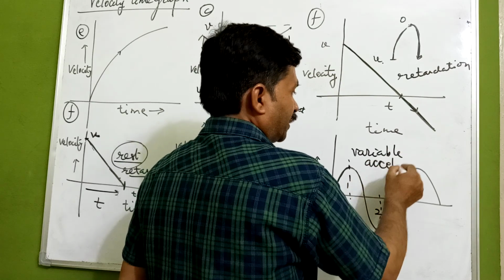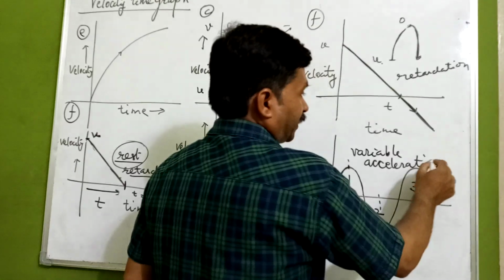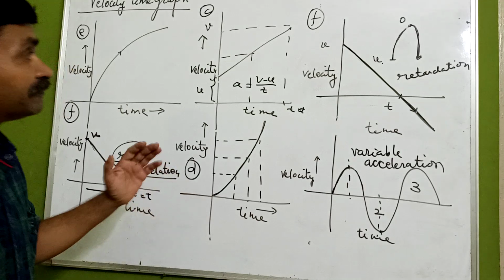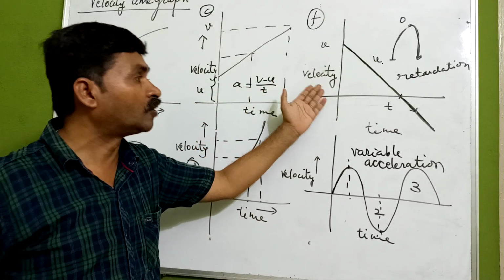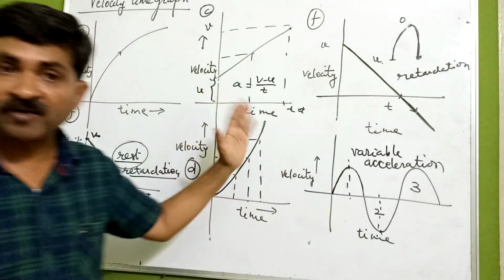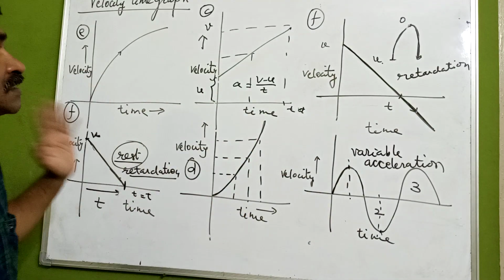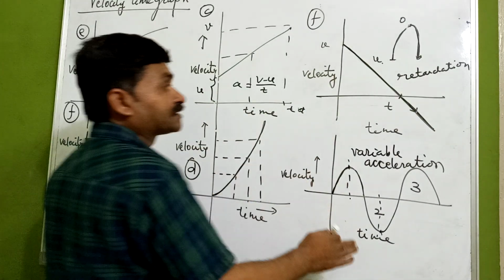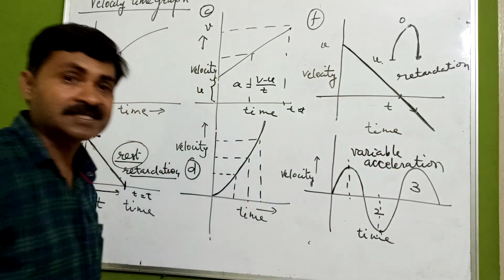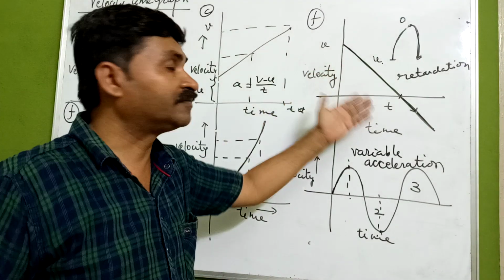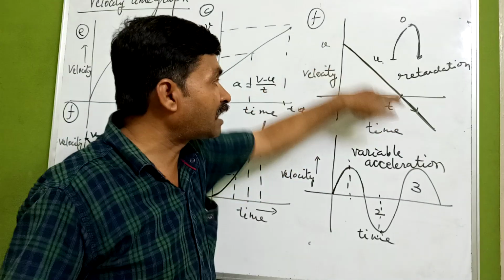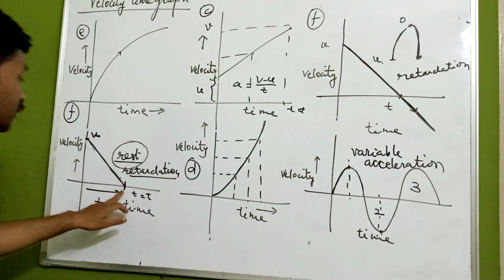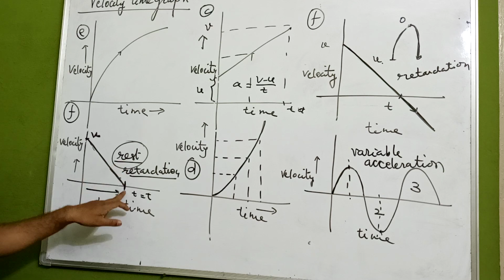So ultimately, what we are getting? We are getting a different representation by having an analysis of velocity time graph. जब हम velocity time graph को analyze करते हैं, different graphs को analysis करते हैं, तो what we are getting? We are getting negative slope, which is giving retardation. But this graph, if it is up to this point, what we are getting? Only it is coming to rest.